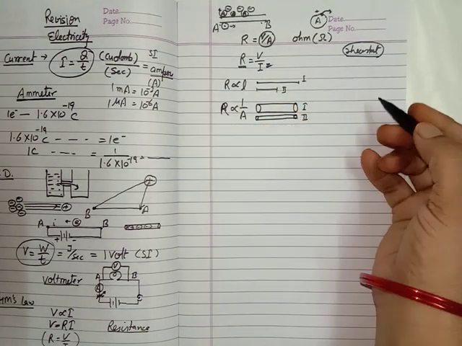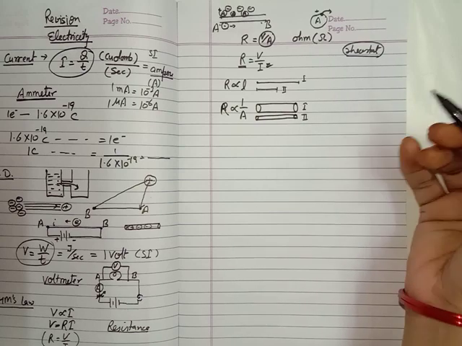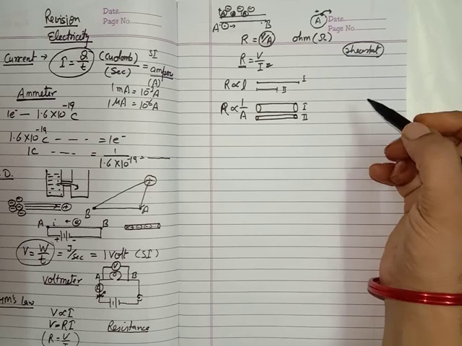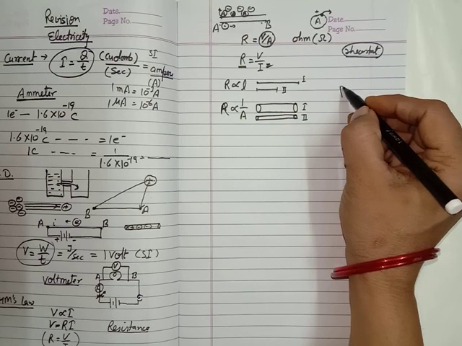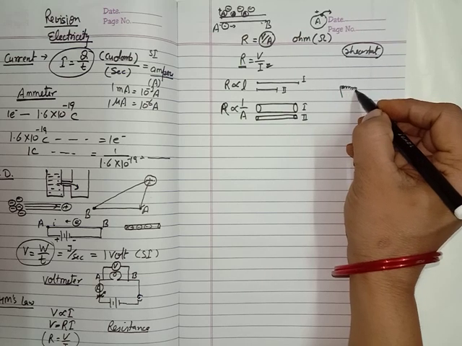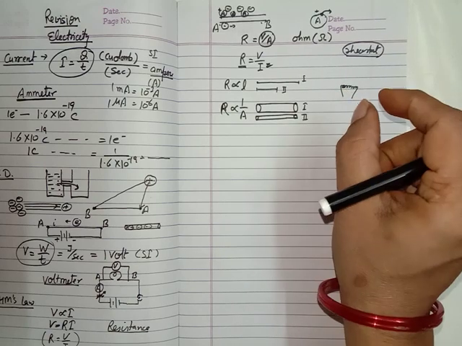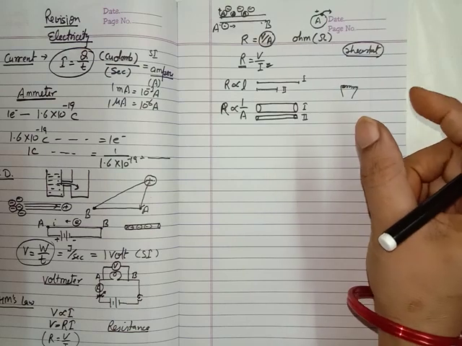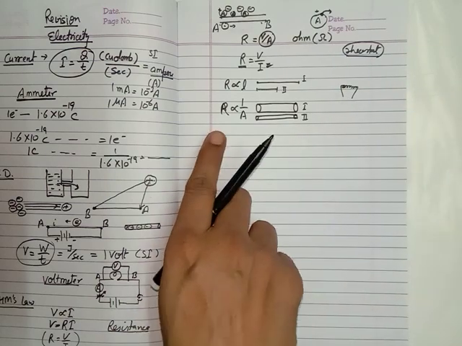Why do we use a tungsten wire? We know that this is made up of an alloy, has a high melting point, not about the boiling point, and does not oxidize easily. And we saw in a bulb that the wire is in this form, and this is a very thin wire. Thin wire means we are going to increase the resistance of this wire. By decreasing the thickness we can increase the resistance, by increasing the thickness we can decrease the resistance.